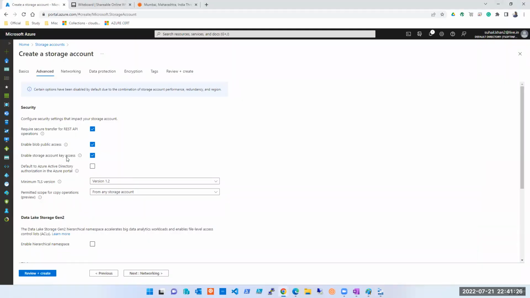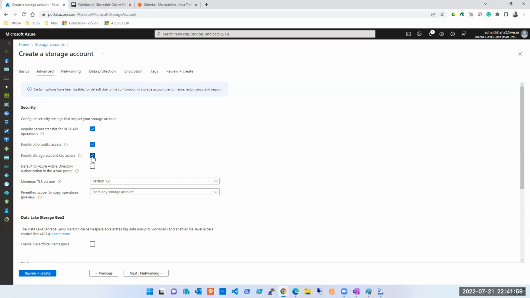Enable storage account key access. So how is a storage account accessed? In a storage account, understand guys, there are many things. A storage account has tables, queues, blobs, and then file sharing. So here we are talking about the storage account as a whole, not the things inside it, though inside it we will also find different things. The question here is whether the storage account should be accessible through key access, that is, through the account key, or not.